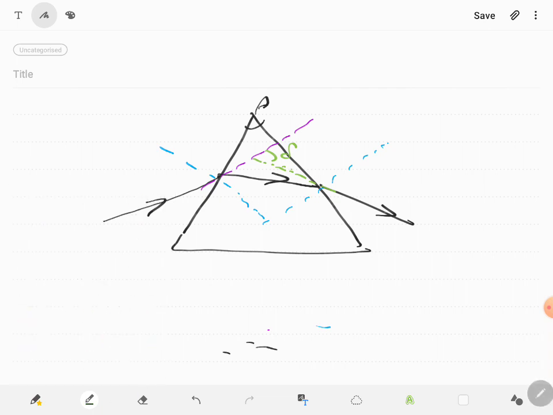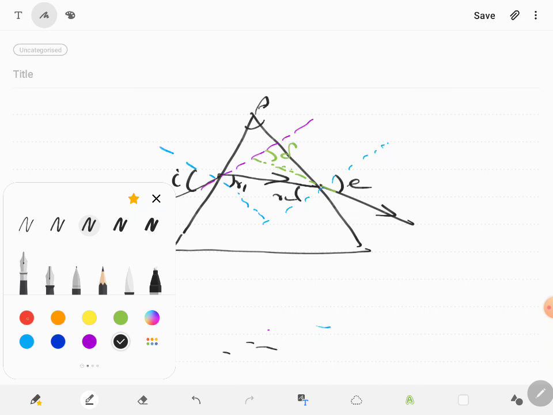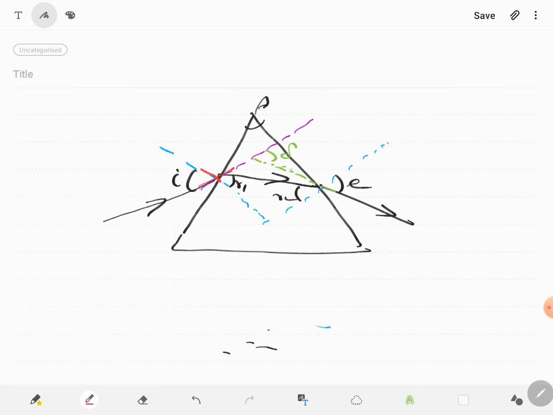The angle of incidence is the angle this incident ray makes with the normal, I. The angle of refraction is this R1, and there's another R2, and this is the emergent ray E. From this cross, I used to do a red color cross mark in the class, if you remember, the vertically opposite angle. Therefore, this will be I minus R1, and this will again be E minus R2. Taking this triangle, this will be E minus R2.